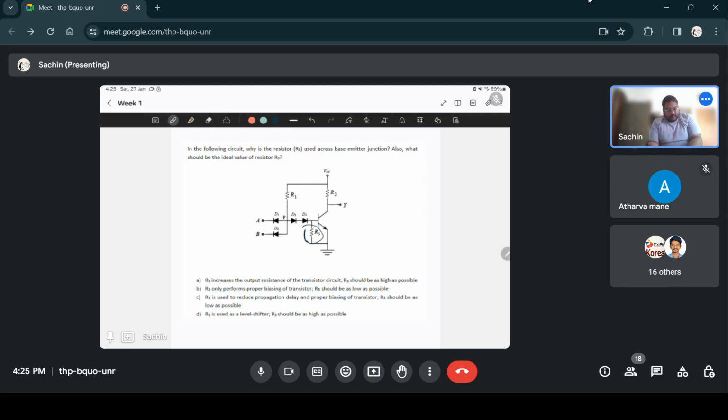And the answer to that was explained in class. This R3 is needed to discharge this base emitter junction. So when the transistor is on, charge will accumulate in these regions. There will be charge across the collector emitter and base emitter. So that charge,